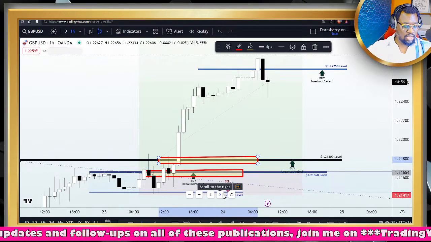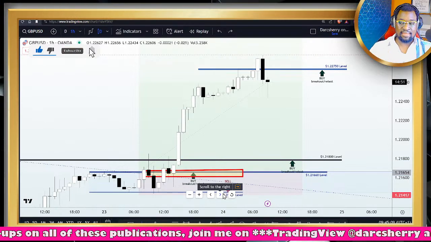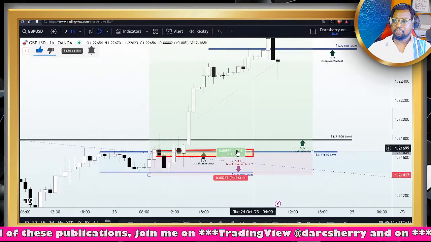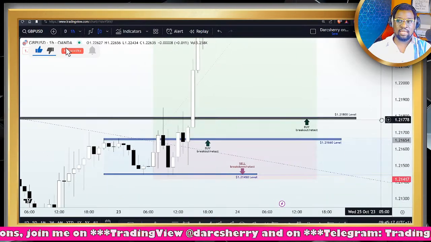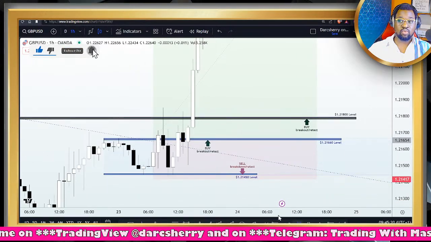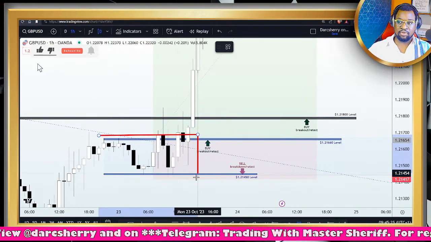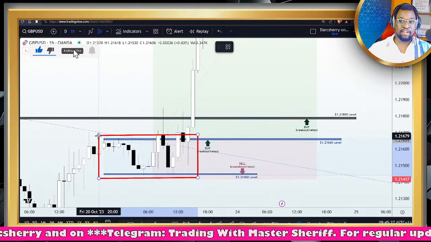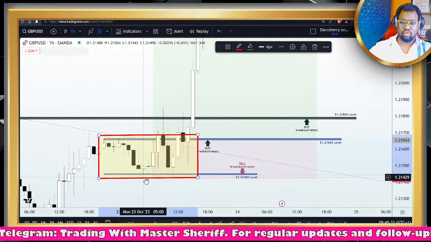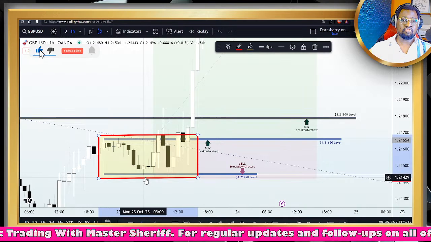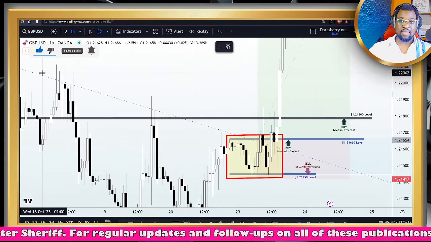Now let's quickly run through what really happened yesterday that led to the situation to buy the GBPUSD. If you look at the structure yesterday, we had a consolidation phase at the beginning of the week where price was confined within that range between the 1.21660 level and the 1.21450 area, to give us an insight into the level of indecision at that particular point in time. And besides this range here was this descending trend line which we spotted on the higher time frame.